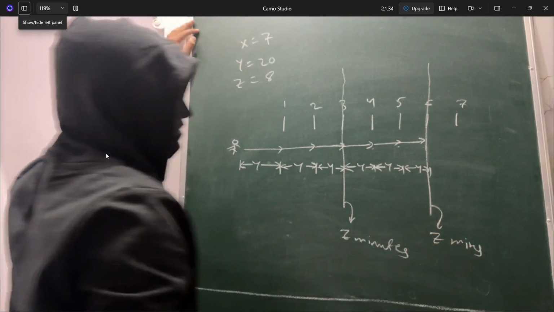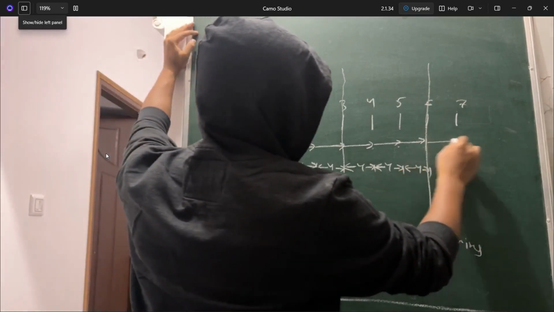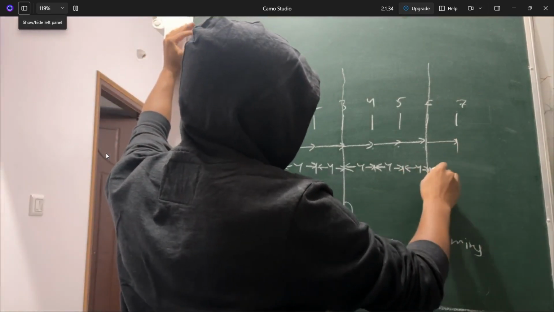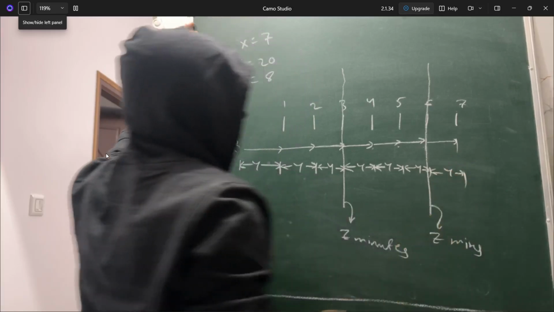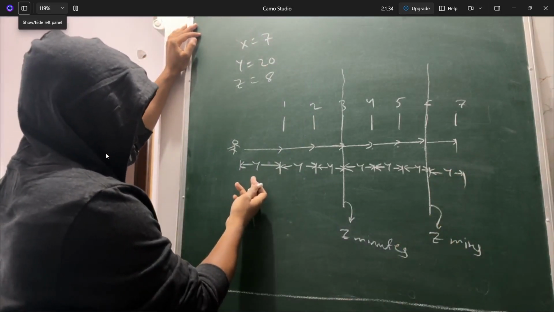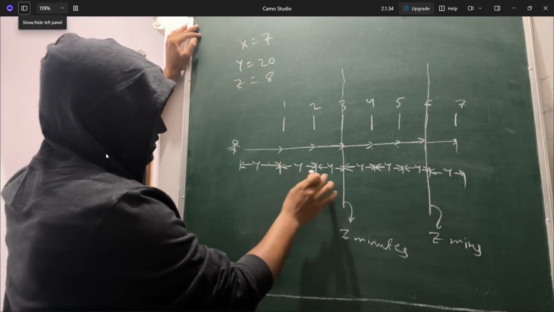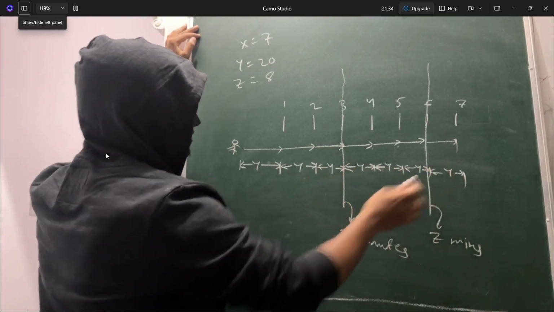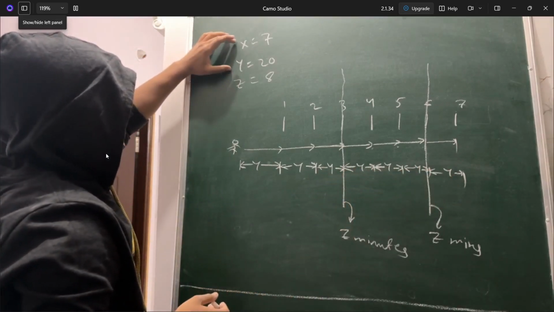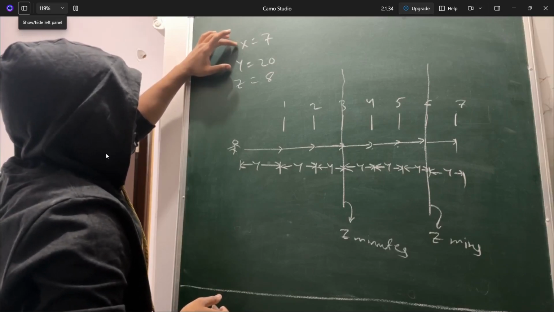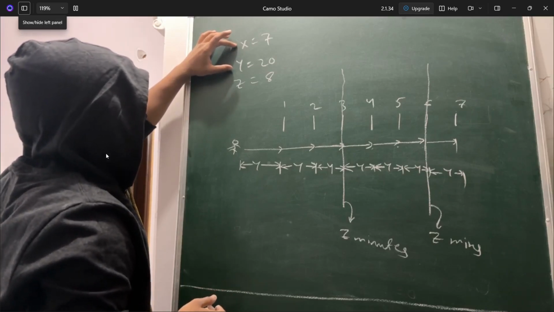Z minutes of rest again he will take. Now again he'll move to the last level, and yeah, the game ends. So this will be taken by y time. So if you count how many, basically what is the time taken by it, so it will be 3, 4, 5, 6, 7, 7 y's. So if you try to understand, in order to complete all the levels it requires y time, so